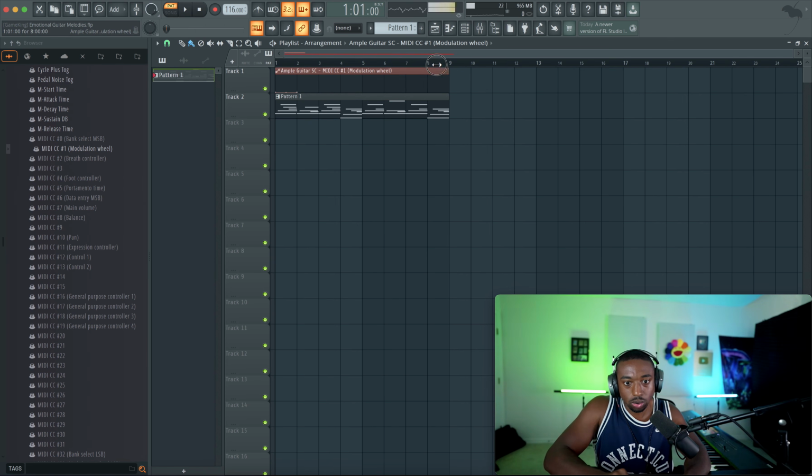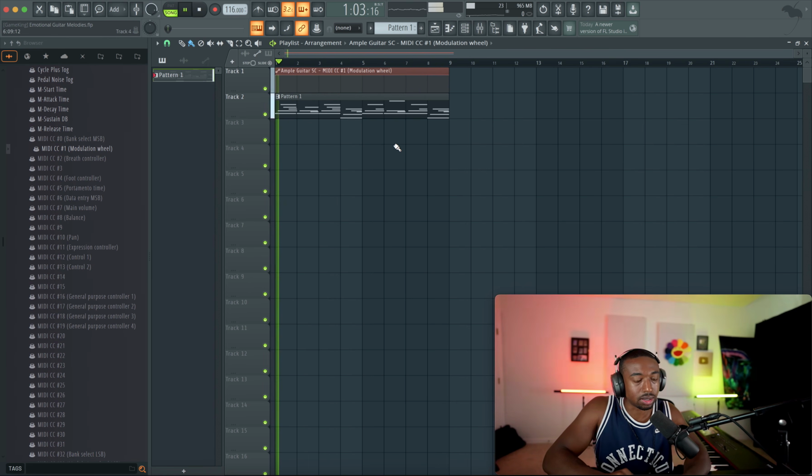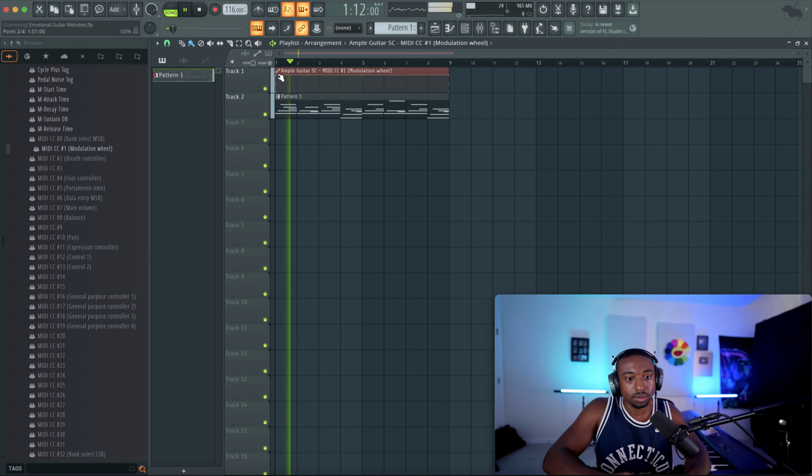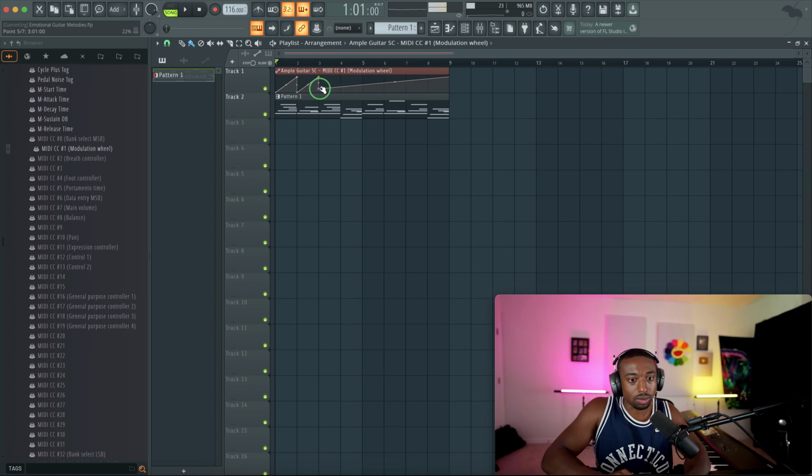So when we hold notes, I would recommend vibrato. Let's go to song mode. Now I'm just going to turn it on so you guys can hear what vibrato sounds like. So it goes like that. For something like this, I would probably create more of a ramp style. And then we'll just control B.